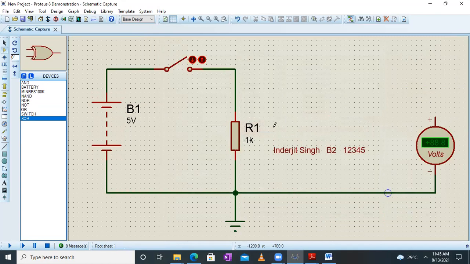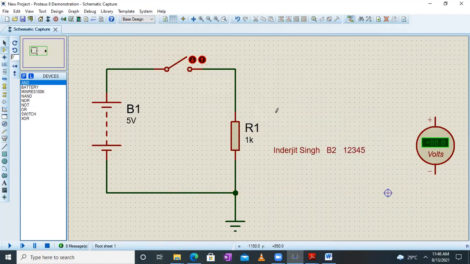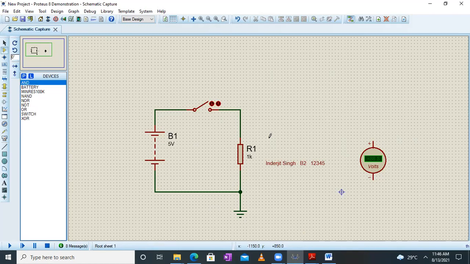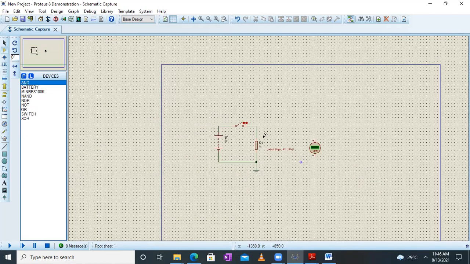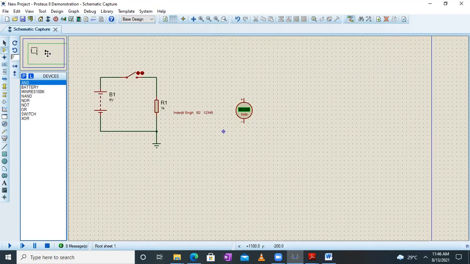Right now what we need to do is, since it's a two input gate, first of all let's start with the AND gate. For the AND gate we have two inputs, so we need to duplicate this section again. How will we do it? Let us remove this wire first. I'll delete the wire and then scroll out a little, and move the screen a little down.